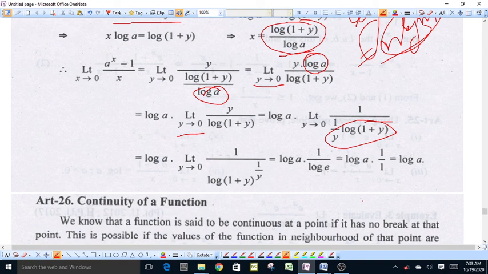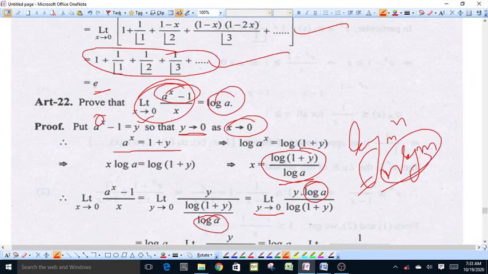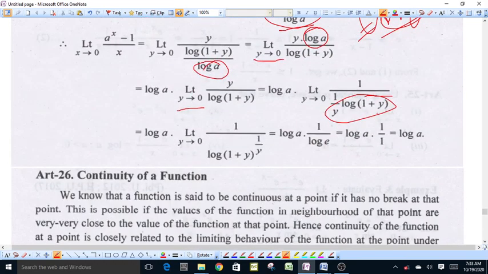Log of a into the limit as y approaches 0 of 1 upon log of (1 plus y) raised to power 1 by y, because we use this property of log: m log n is equal to log of n raised to power m. This 1 by y can be raised as a power of (1 plus y) using the property of log. This will be equal to log of a, and